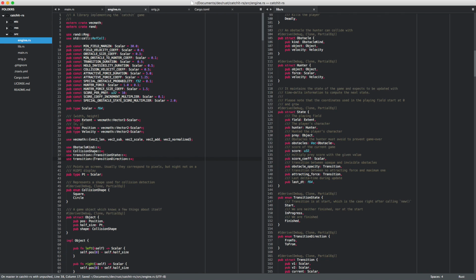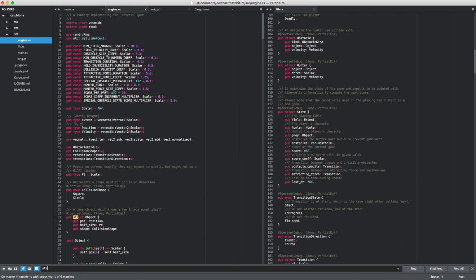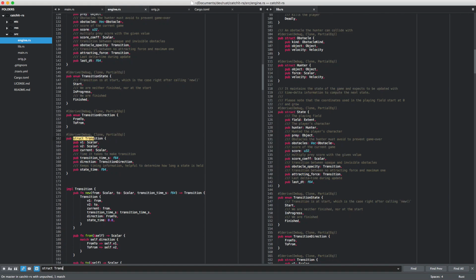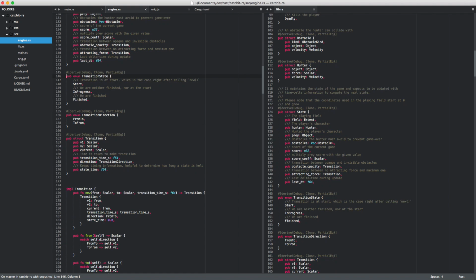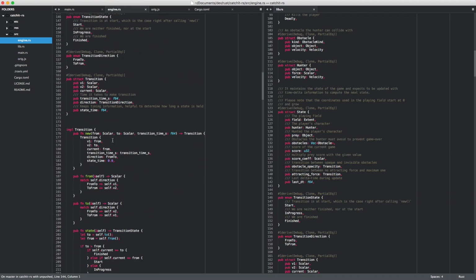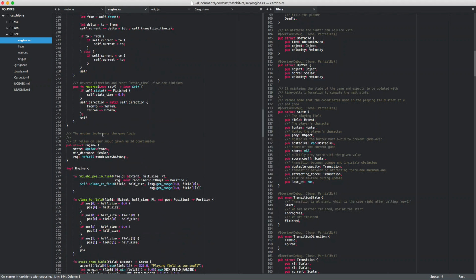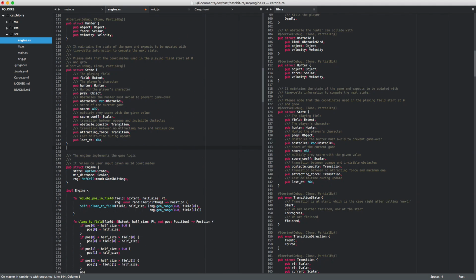I hope we have that here, but it should be available if I'm not totally mistaken. Struct transition, let's get rid of that stuff. Transition direction, transition, and the implementation. Boom. Good, that's a few hundred lines less here,